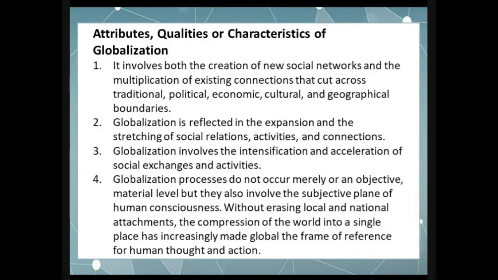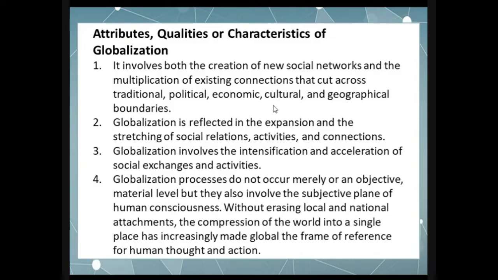Globalization, in that sense, involves both the macro structures and global community and the microstructures of global personhood. It extends deep into the core of the self and its dispositions. It facilitates the creation of multiple individual and collective identities nurtured by the intensifying relations between the personal and the global. They just differ with each other by means of acceleration in the speed of social exchanges and widening of geographical